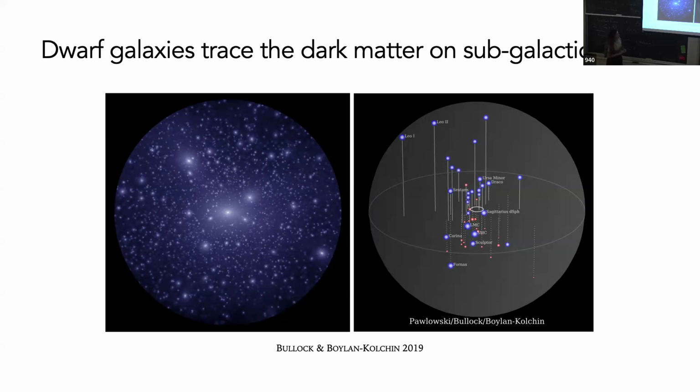Okay, so the other thing that I want to talk about is satellite galaxies around Milky Way-like galaxies. These dwarf galaxies, I don't need to give this introduction again, but they live in these little dark matter halos that orbit in this big central potential well, right? Like this is the Milky Way here in the center. We have all of these dark matter subhalos, and we can try to trace them with these dwarf galaxies.